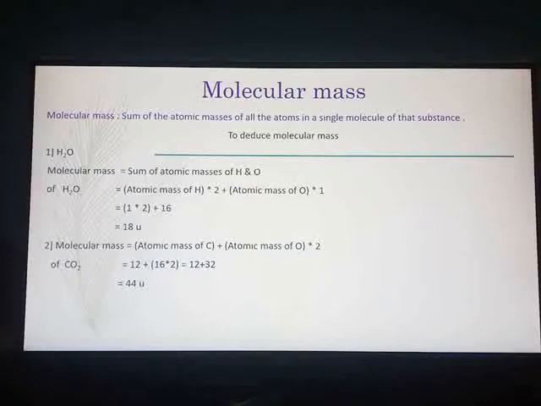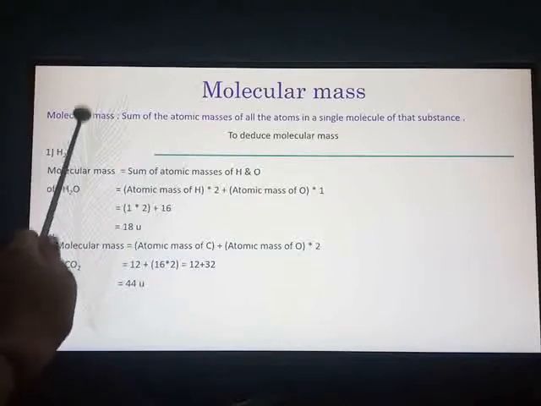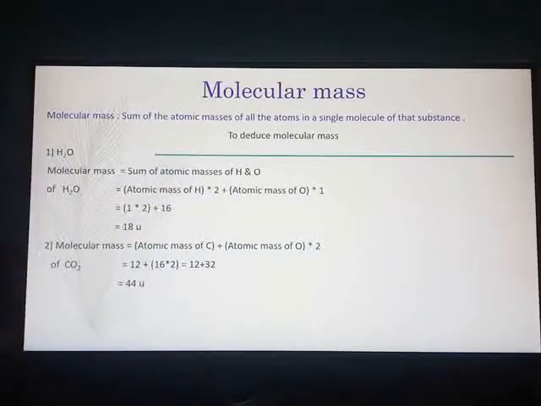See, if you buy things which have the same unit, 1 kg of potato, 2 kg of lady's finger, and I ask what is the total weight, you will say 3 kg, because both substances are in the same unit. So here also, as molecules are made up of atoms, whatever is the unit of atomic mass, that is Dalton, the same is the unit for molecular mass, Dalton. Many examples we have taken for calculating the molecular mass. Still I will take 2-3 examples here.